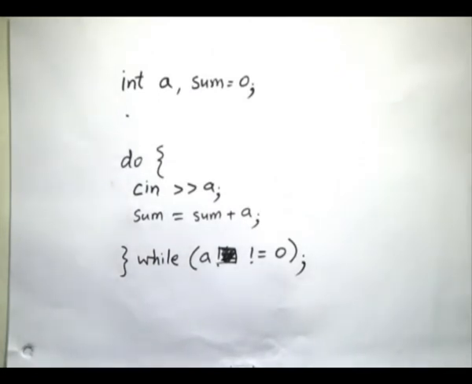So I take a number, blindly add it. Then check, is it 0? If it is 0, I should get out. Notice that in this case, even the last number 0 which I gave will actually get added to the sum, and then only I am checking the condition. In this particular case, it does not matter, because adding 0 to any sum does not change the value of the sum. Can that normally be true?